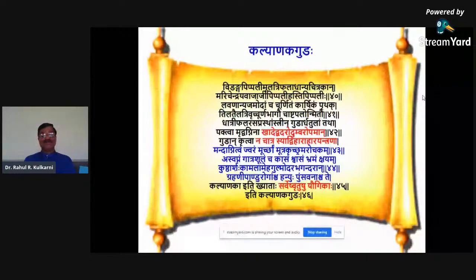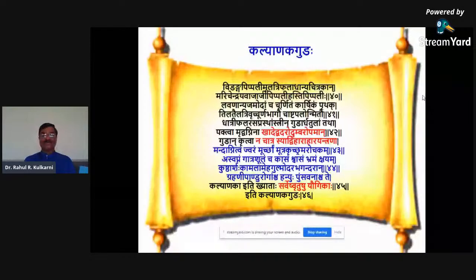So definitely it is acting on Shukra Srotas and for making Utkrushta Shukra Dhatu. That is why it is called Kalyanaka. It is Kalyanakari in nature. It can be used without any restriction in many therapeutic conditions, and along with that it has a pumsamana effect as well. So that is why it is called Kalyanaka iti khyataha.